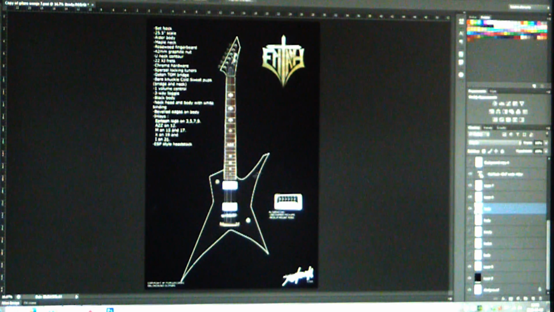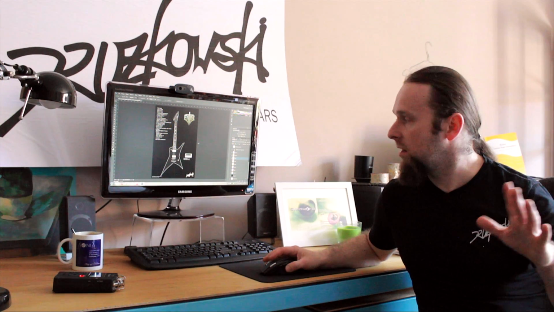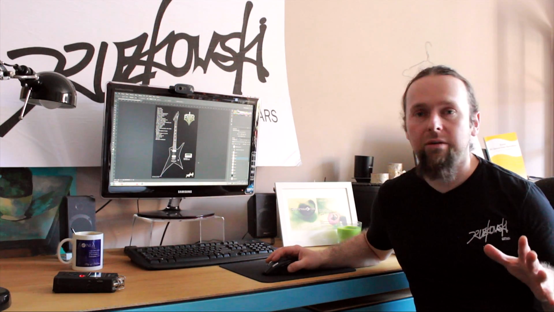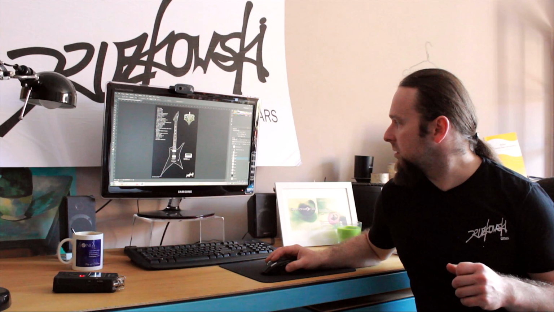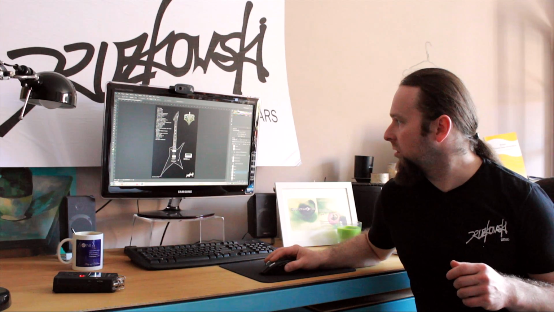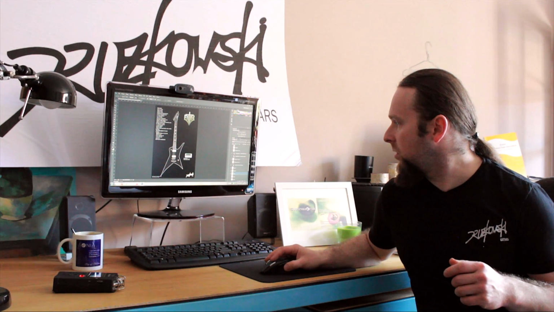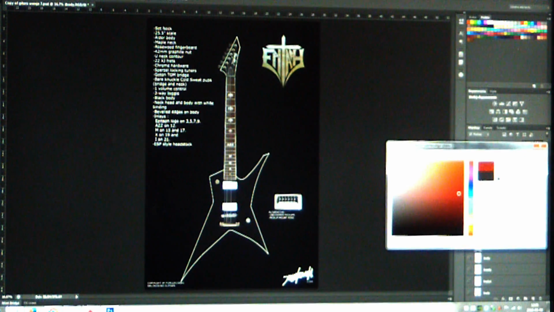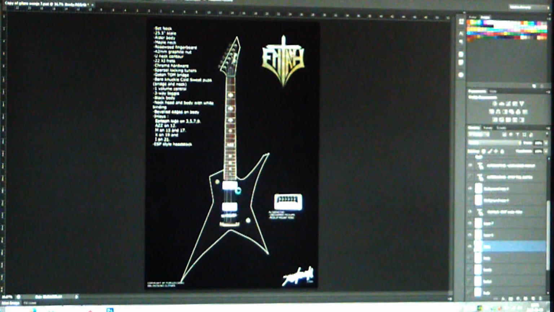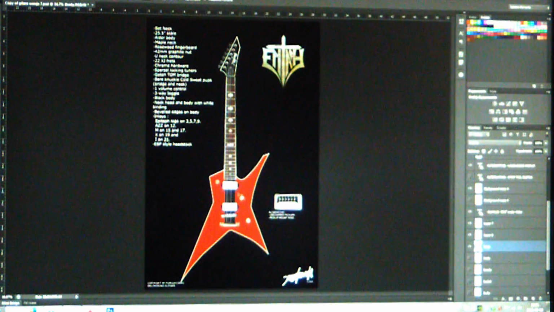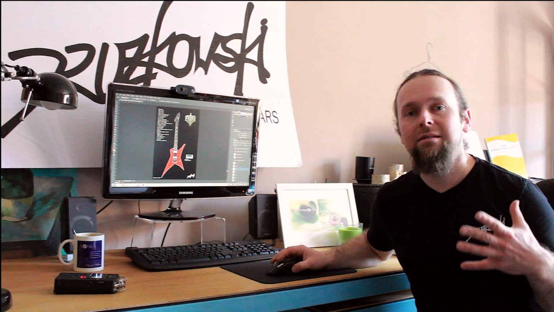We ended up on something more or less like this, and even in the final process we slightly tweak it here and there. But this also allows, in Photoshop, to not only create colors, because we can change the body color to something different if you want to, say maybe red, just for the purpose of this visual, and see the guitar getting into different colors. Also clients see it